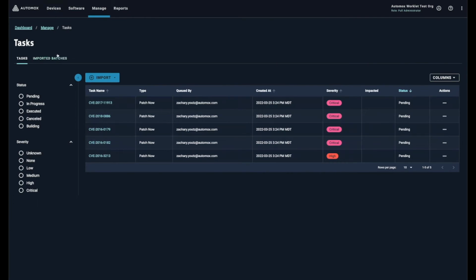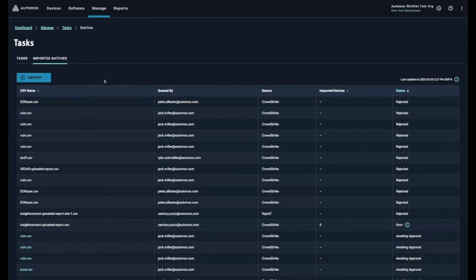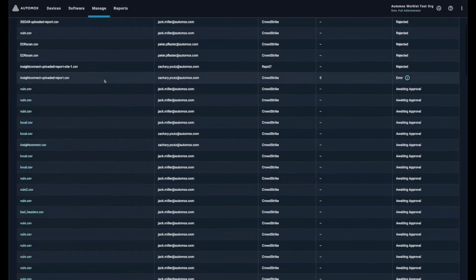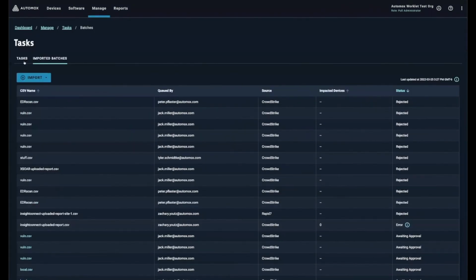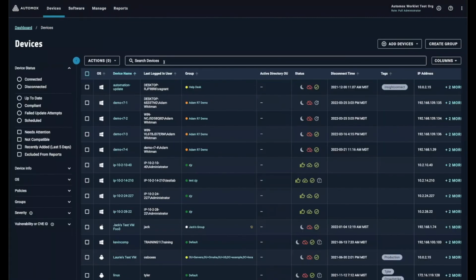And you can see any of these different things that you come in. If we have different batch files that we bring in from the CVE data, they'll all be populated here. So you can approve those if you want to then take those tasks and run with them. Okay, so let's take a look at these devices within